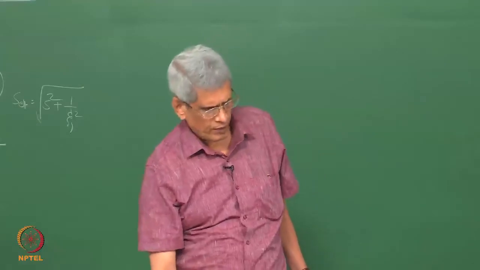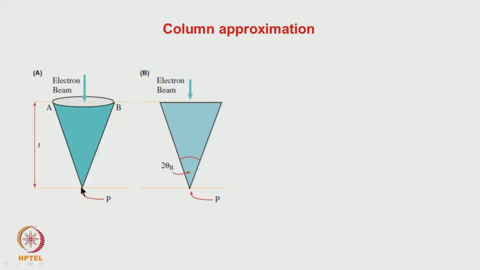Okay. Suppose I wanted to find out at the back of the sample at this particular point, what all beams will contribute to the intensity here. Okay. Suppose a beam is entering here, and the beam should come out through this. As the beam enters, the beam gets scattered, and it is getting diffracted back into this one. So, essentially the diffracted beam makes some angle theta, is it not?